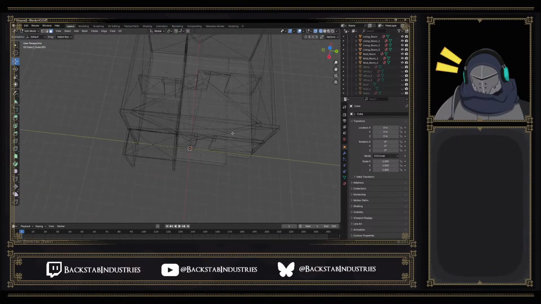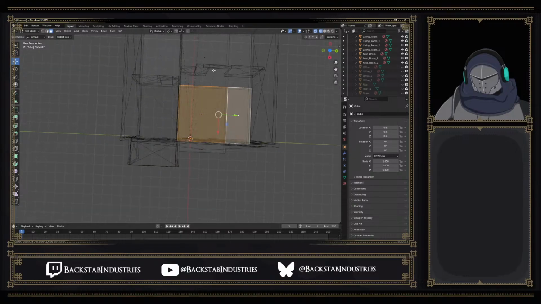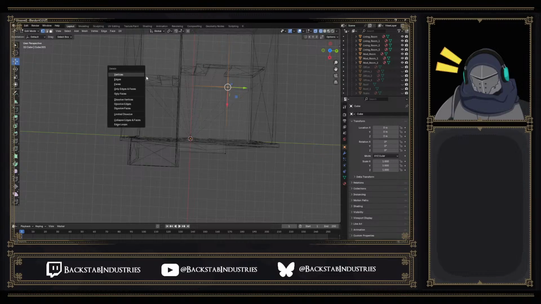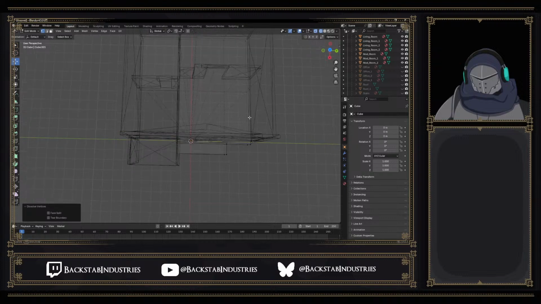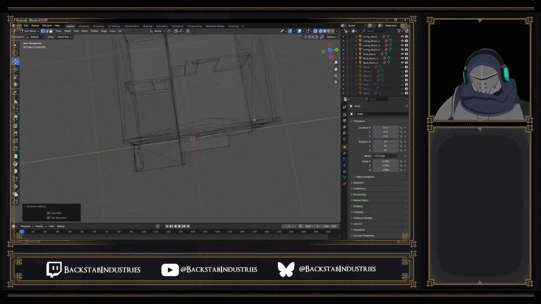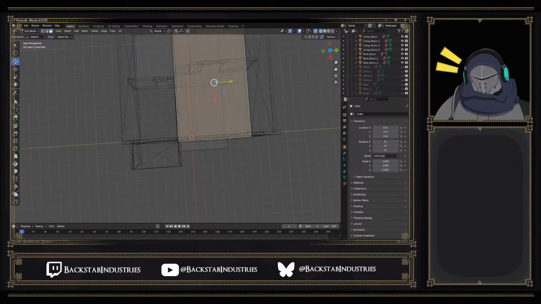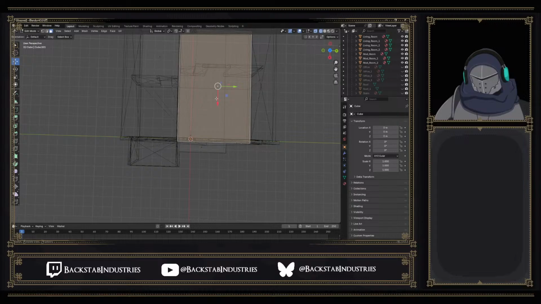I think what will be easiest is if I was to, weirdly enough, dissolve this. Dissolve this vertice. And then click on this top face. And I forget the shortcut for it. But if I just insert a new face,